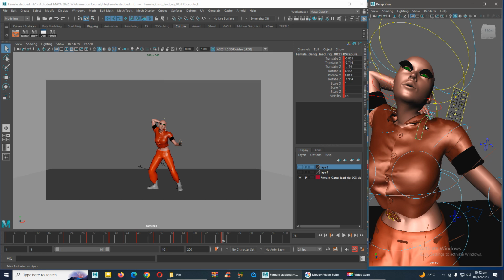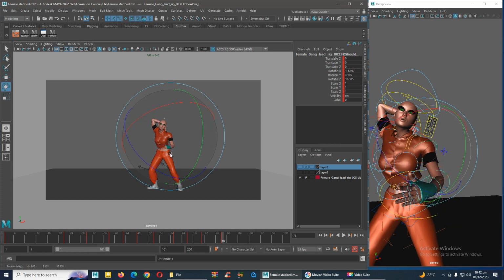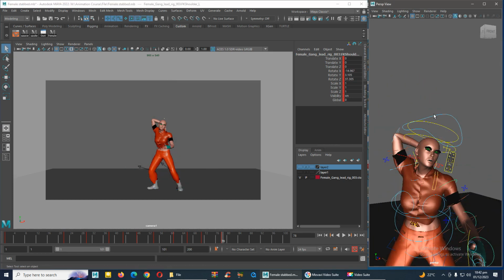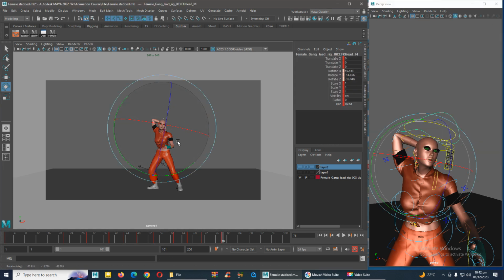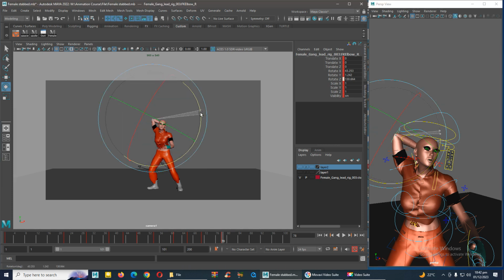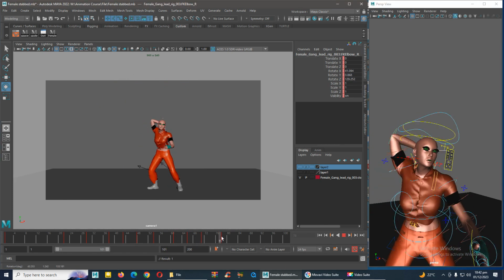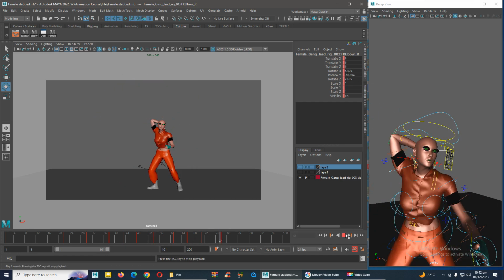Now I'm going to set her arm, her hands like this. I want her to take the knife from her back like this. So she's turning, then